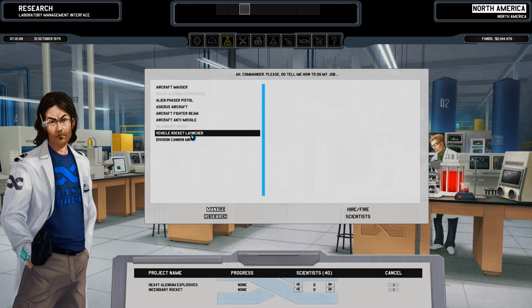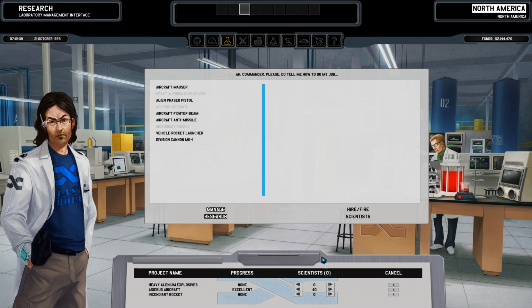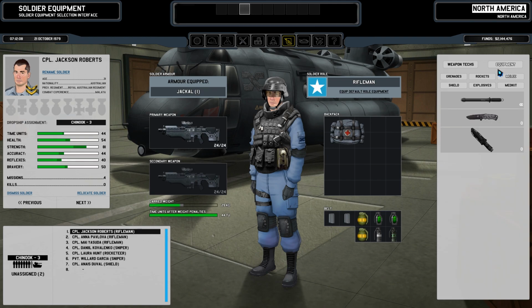This is one of the things I never really understood. Let's get the Osiris. But let's get 20 in the HE Alenium. Heavy Alenium, I mean. I never really understood